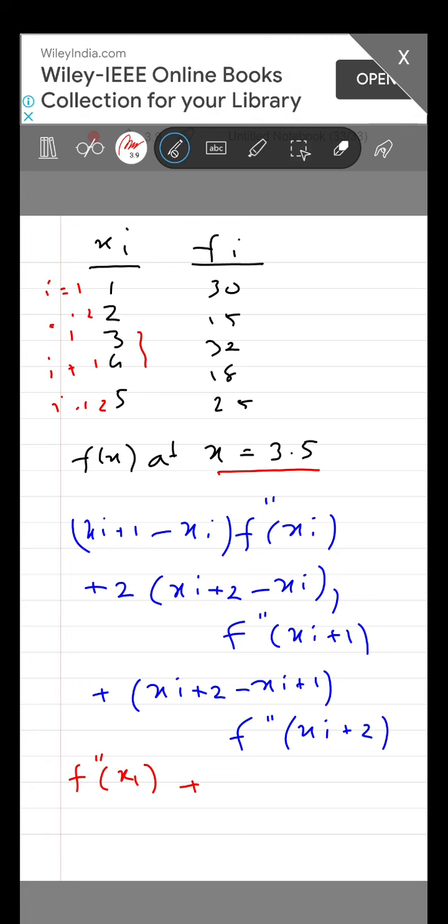So this is 2 minus 1 into f double differentiation x1 plus 2 into, the interval is 1 here, so the interval is 2 here, that means 3 minus 1. So 2 into 2 becomes 4, into f double differentiation x2 plus f double differentiation x3,